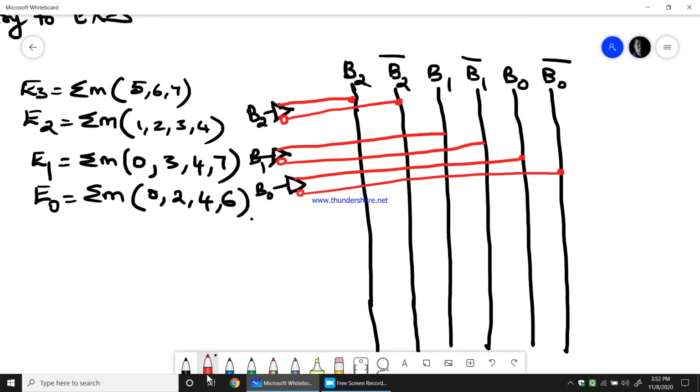Okay. Now after these B2, B1, B0 inverters have been placed, I need to fix the AND gates.